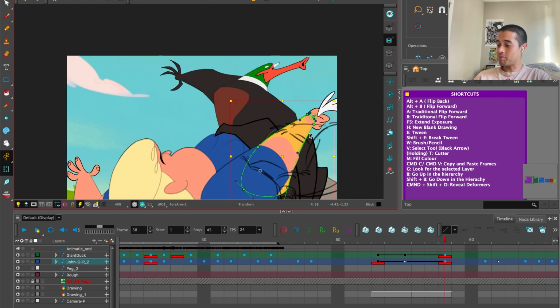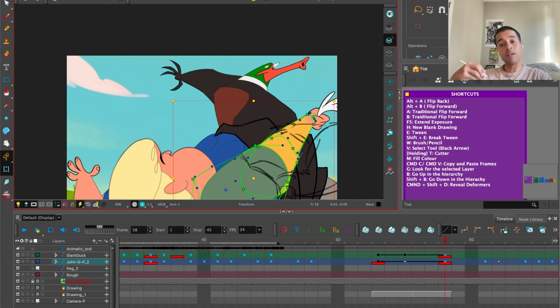It's like I press this. I press Command Shift D to reveal the deformers. I press outside. When I press outside, it's like when I am putting my brush in water. I press Command Shift D again and those things stop being revealed. When I come here, press Command Shift D, I reveal here. I want to reveal the other ones, so I press Command Shift D and I'm revealing the next ones. So I go here, boom, boom, Command Shift D, Command Shift D. Of course, if I Shift select more than one part and I press Command Shift D,